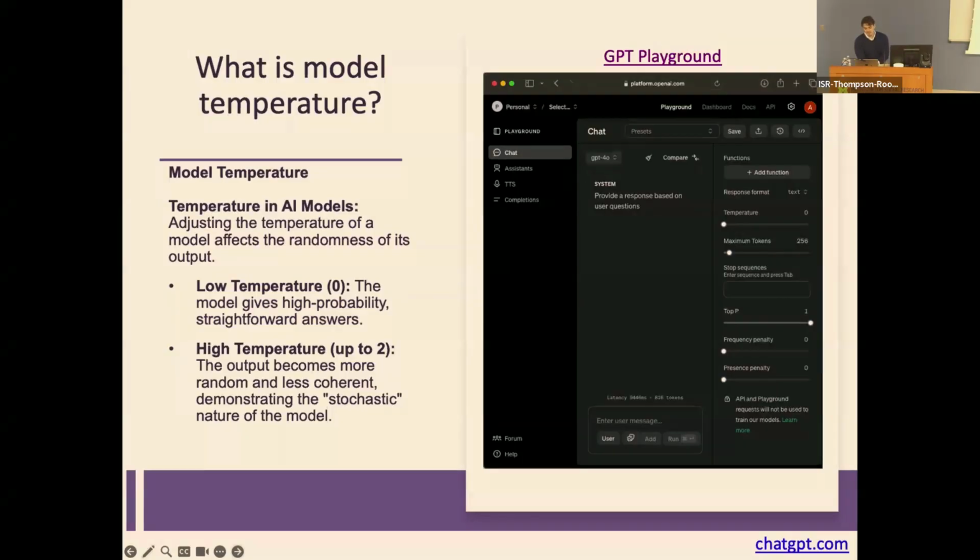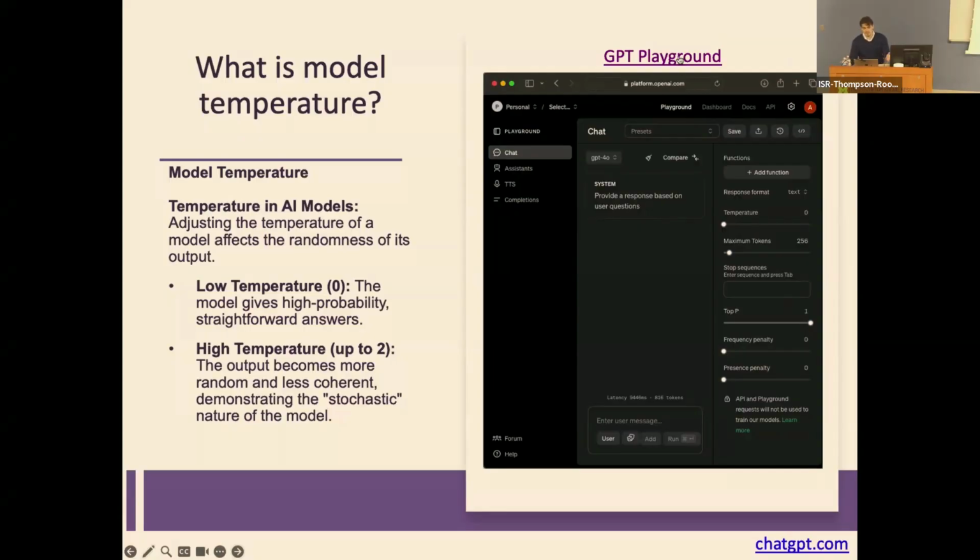there's plenty of arguments that discuss temperature and how it's used or why it's used. The main point being that the lower the temperature, the more factual a model is. The higher the temperature, the more creative it is. But it's also more random, right? So you can end up with some really strange responses or close to hallucinations at some point. You could also go extremely factual and just get very cookie cutter information, something you could have just copied and pasted out of a book. So that's the reason for temperature being built in.